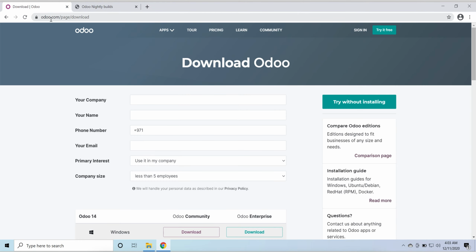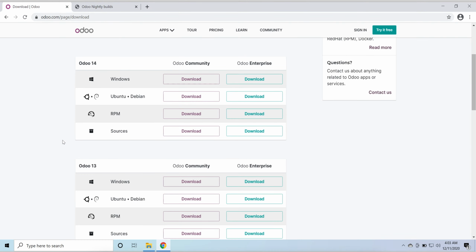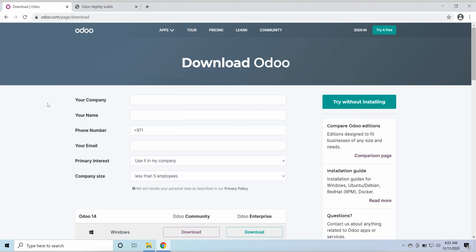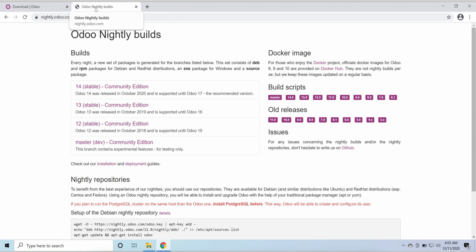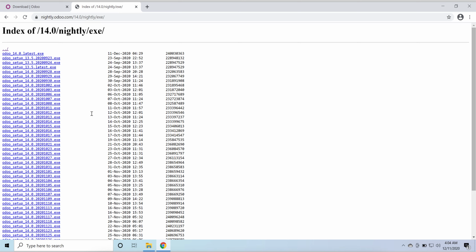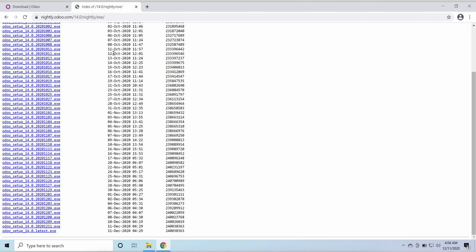You will be redirected to odoo.com/page/download. Here we have an option for download. If you want to download and install a specific Odoo version, then you have to go to nightly.odoo.com. There are different versions like 12, 13, 14. Currently it's version 14. If I go to 14, the Community edition, here are available RPM, XZ, Debian. So let's say I go to XZ, and here we can see